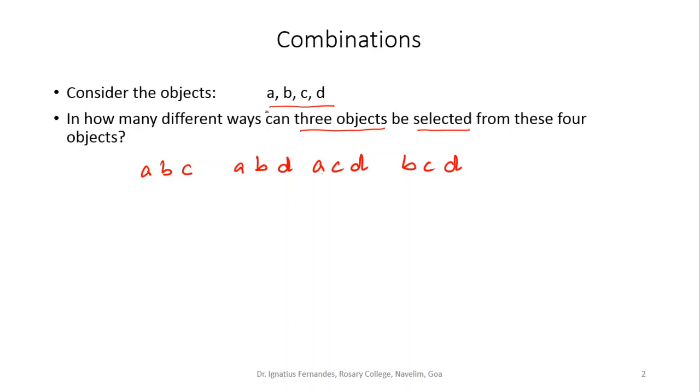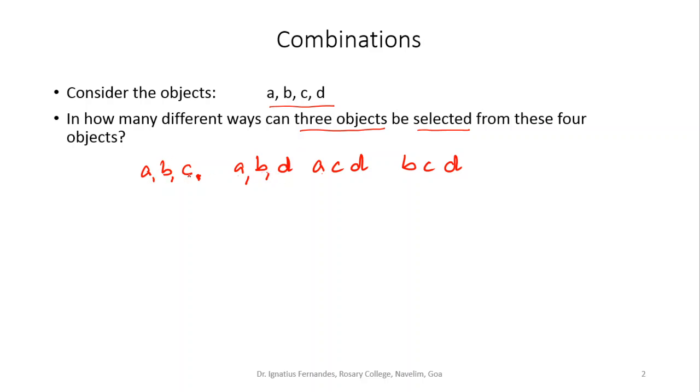Now when we are selecting, say when we have A, B, C, it is not important to us in which order we are selecting, whether we are selecting A first or B first or C first. All that matters is that I have A, B and C with me at the end of it. The same way when we say A, B, D, the order again doesn't matter to us. It is finally these 3 objects that I have selected, A, B and D. So here the sequence is not important to us.